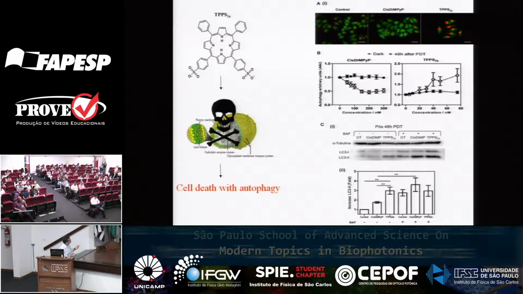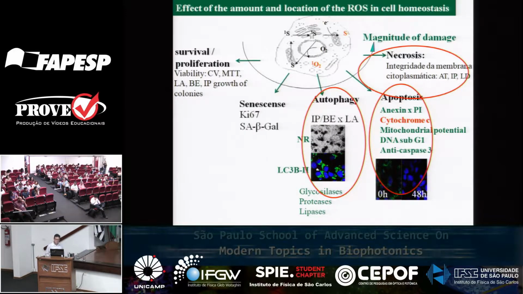accumulating a lot of acidic vacuoles. You see the red here, okay? And we were able to define in the lab something called the autophagy arbitrary units. I will explain that a bit later. And you see this increases a lot this time. We were also able to measure this protein, LC3, which is a protein involved in the start of the autophagy process. And you see there's accumulation of this dye. A lot of this is accumulating, showing that there is cell death with autophagy, there is blockage of autophagy. And so,